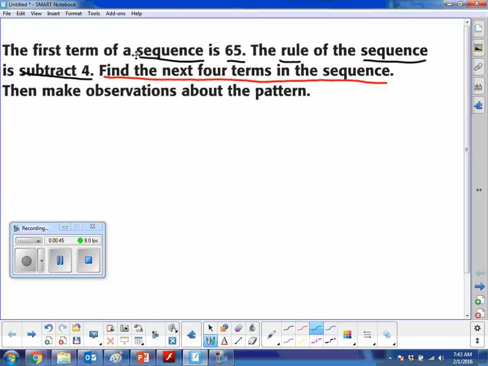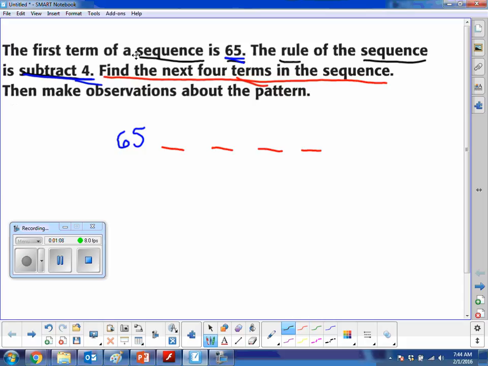We know that in our sequence, our first number is going to be 65. How do we know that? Well, because it says 65 right up here. Then what we're going to do is look at the rule. We know the rule is to subtract 4, so minus 4. We've got to keep that in mind. So what I'm going to do is find the next 4 terms. So I need 1, 2, 3, 4 terms, and I know that my rule is I'm going to subtract 4